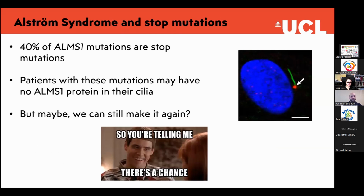Roughly 40% of ALMS1 mutations are these stop mutations where a premature stop signal is introduced into the DNA code. This means that roughly 40% of patients may have little to no ALMS1 protein expression in their cilia. So just to illustrate this point,